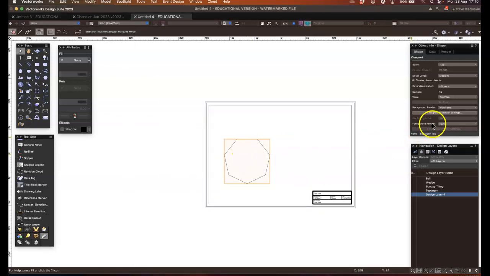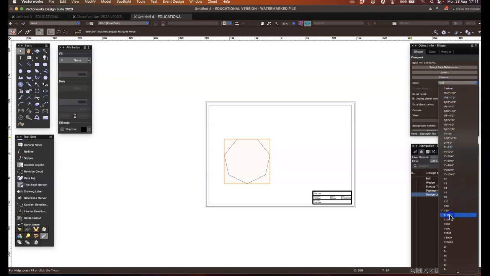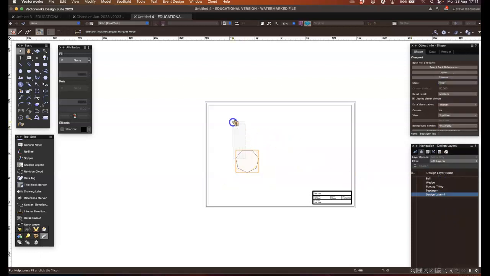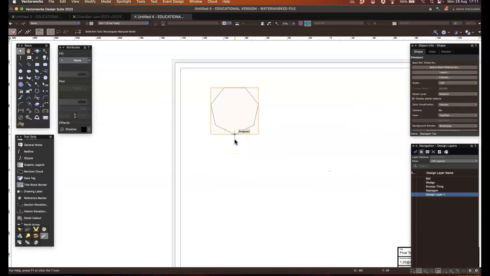So though that's maybe a little bit big, let's knock that scale down a bit. Let's make that 1 to 50. Might have to change all of that. So there's our top plan. And same as before, it's only showing the Septagon, even though back in the design layer